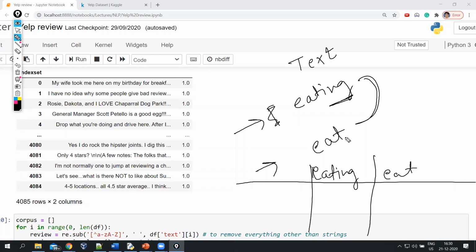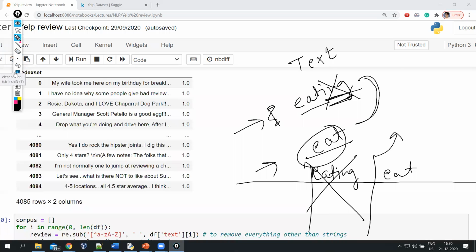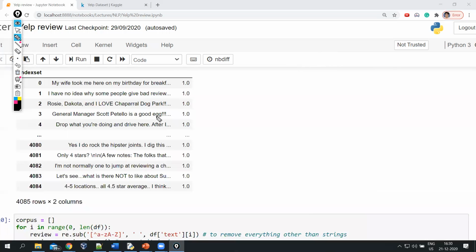So what we do is, stemming is simply chopping off the last suffix, like ing is removed. In the same way, for every word it will just remove the ing or suffix part. So you will get eat and eat now. It will not create another column, only one column would be there. It will take the text, remove the ing part, and then return the word eat. So this is a simple thing about stemming. Stemming is used to remove the ing part.